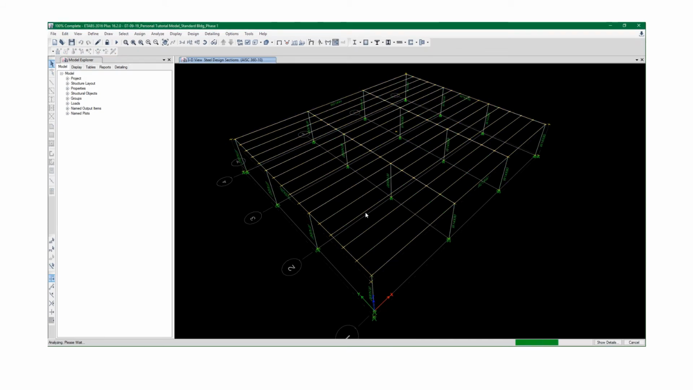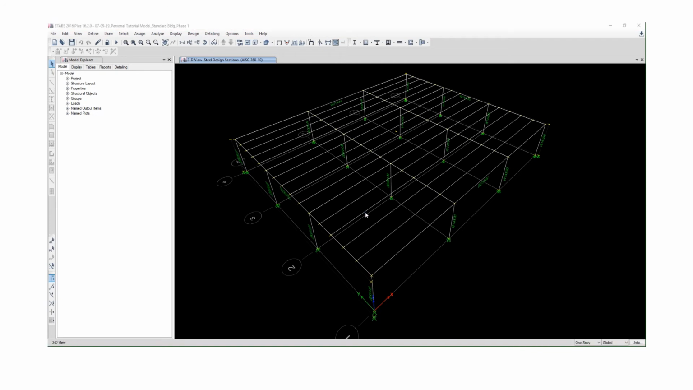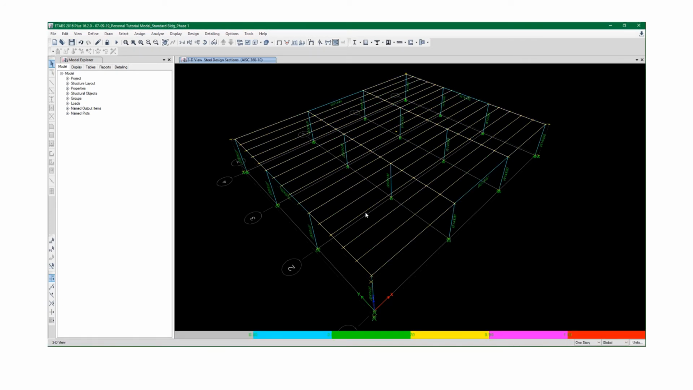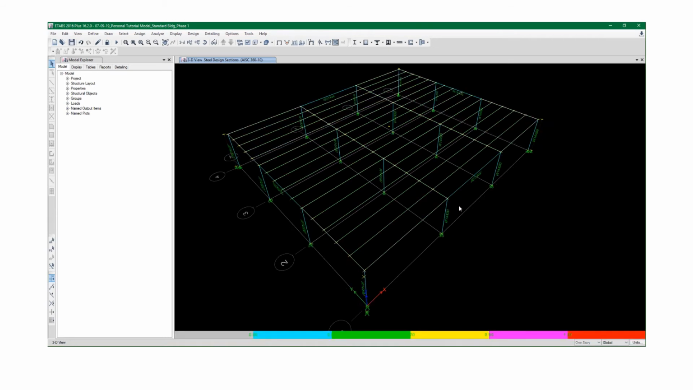It reruns the analysis at least once and goes through the design check again. So there you have it. These are the members that were designed automatically. The ones that are in blue are the ones that actually were designed to have values. The ones that are in white were not included and were not designed for whatever reason, probably for the stiffness